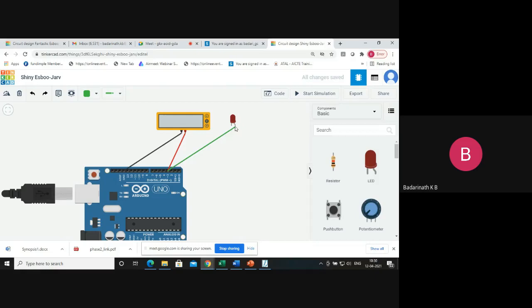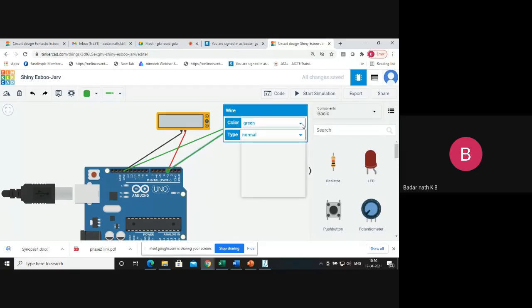I'm not using a resistor to start with, to keep it simple, and I've taken a ground wire and connected it to this one. Now, if you look at this, I have pin number 3, through which I am generating analog output using the PWM concept. Look at the possibility here now.